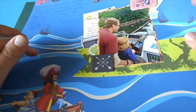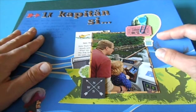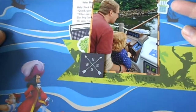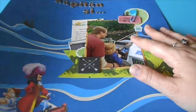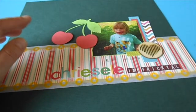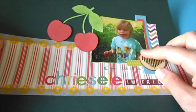So I just used some Disney paper from Peter Pan, and I titled it "being captain for one time," more or less. It's a free translation of this title. And I just journaled that we had a great day and that they really enjoyed being captain of the boat. And then for June I've used my Silhouette here for the cherries, and we went